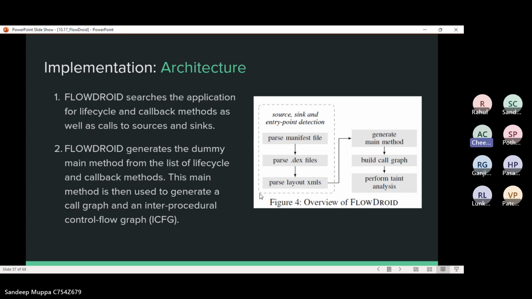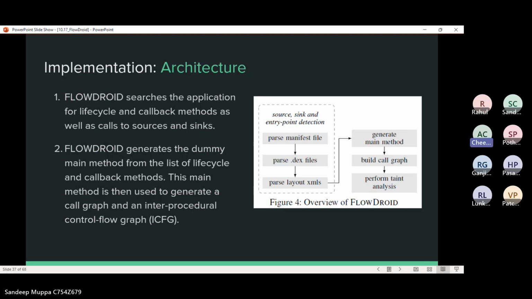So the implementation of FlowDroid: it is a tool that analyzes Android applications to identify the lifecycle and callback methods within the code, as well as the calls to sources, such as sensitive data, and sinks, such as methods that handle the sensitive data. Once FlowDroid identifies these elements, it generates a duplicate main method based on the list of lifecycle and callback methods.